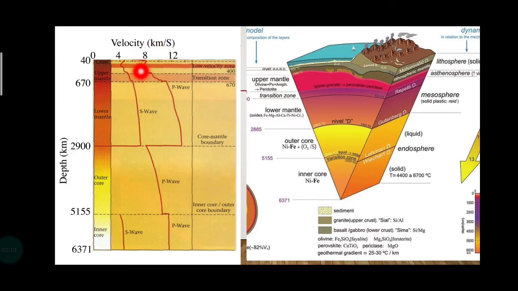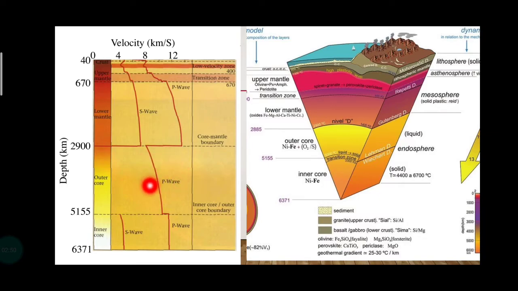Now P velocity starts steadily increasing up to 760 kilometers, up to the upper mantle. It steadily increases in the lower mantle and abruptly decreases at the core mantle boundary, and further steadily increases in the outer core. So what does it show? It shows that there is an abrupt decrease in velocity at the core mantle boundary,